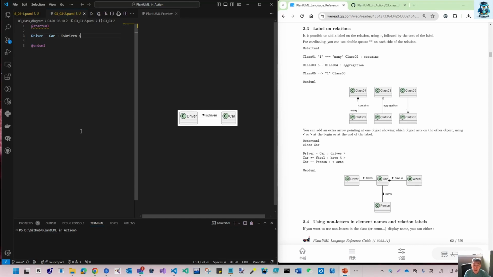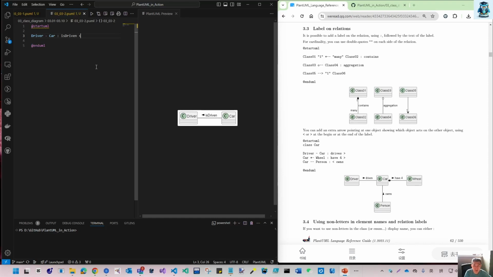But the arrow display is always on the left. So you can keep one behavior and always put it after the label, or, like me, sometimes put it on the left, sometimes on the right,